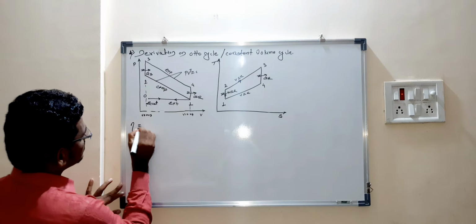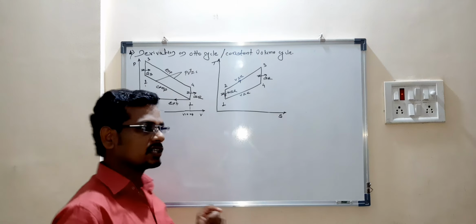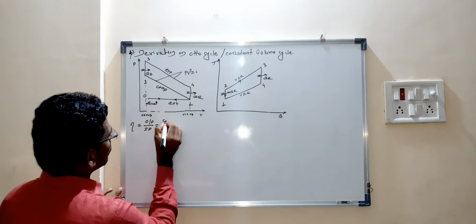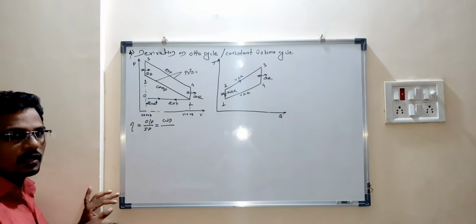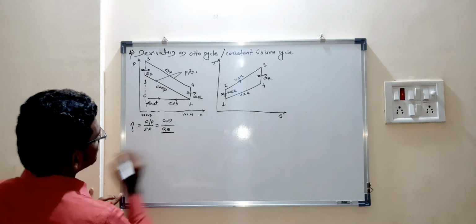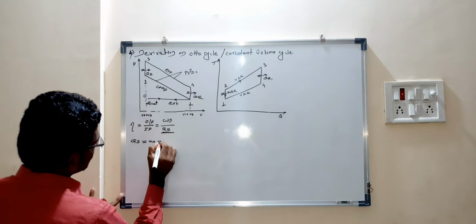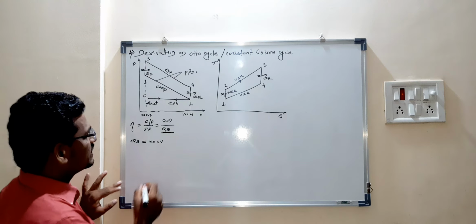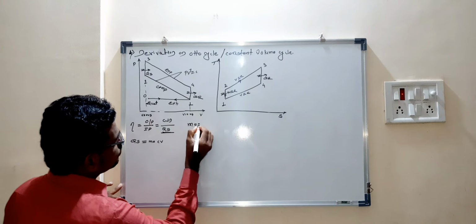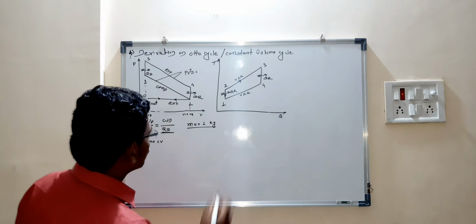Efficiency is nothing but the output by input. The definition of the efficiency is the ratio of output by input. So what is the output here? Work done by the engine divided by heat supplied by the fuel. So what is the heat supply here? Heat supply QS is equal to m Cv. Let us consider the mass m is equal to 1 kg for the complete cycle.